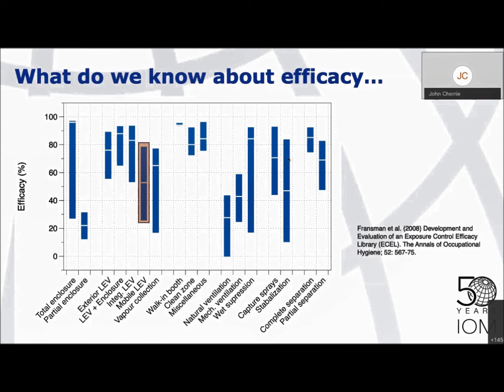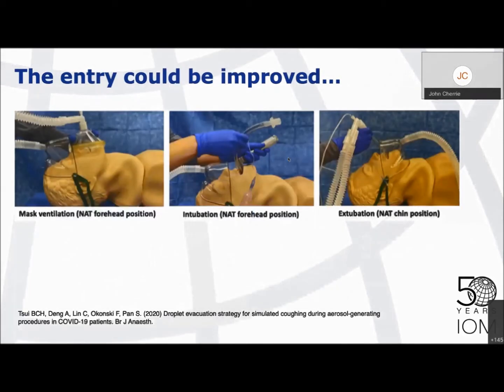We have just submitted a research proposal to test the efficacy of these systems, but I think what we really need to do is think about improving the entry for these kinds of devices. Although this isn't really dentistry, these are taken from a study looking at intubation of patients where the work was done on dummies. You can see on each of the photographs there's a mask type device, which is either located on the forehead on the left-hand side on the center diagrams, or on the chin on the right-hand